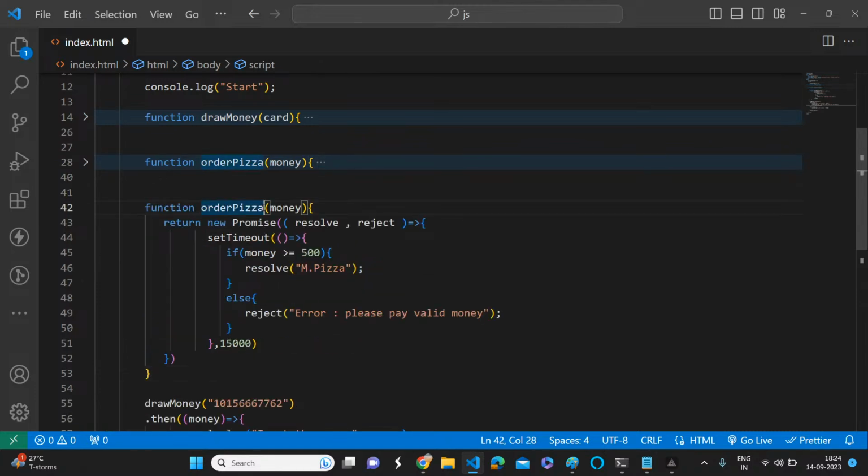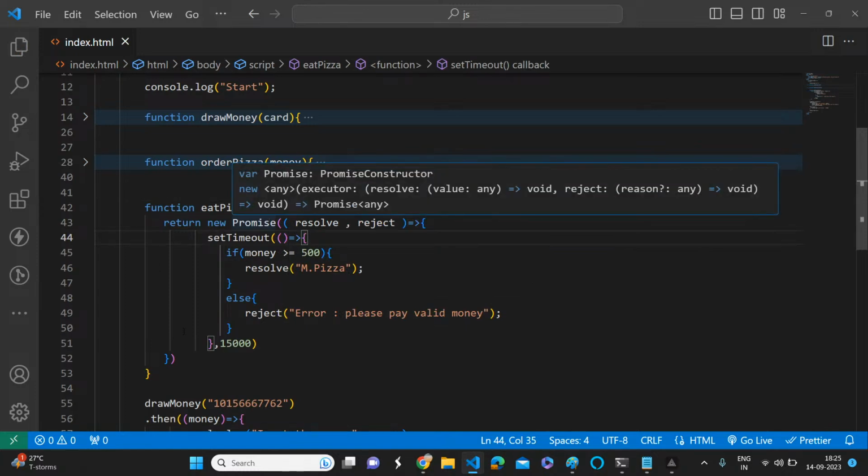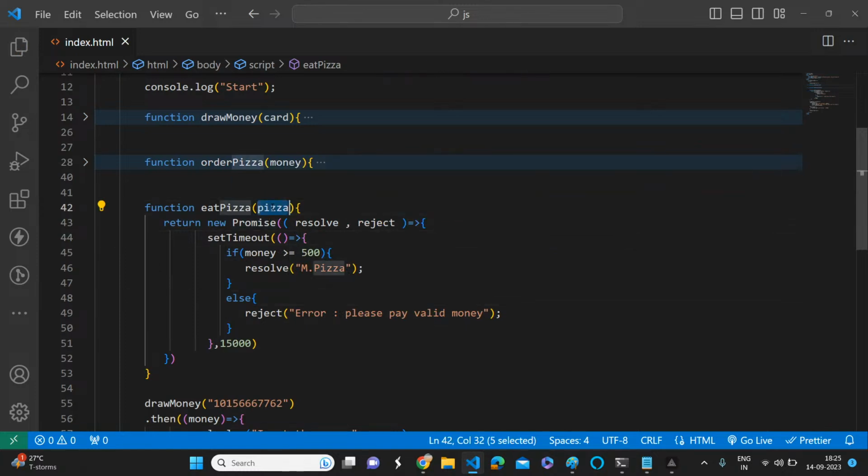What is the third one? Eat pizza. If you want to eat pizza, first of all you should have the pizza passed in, right? If you have the pizza, what can you do? Eat pizza.